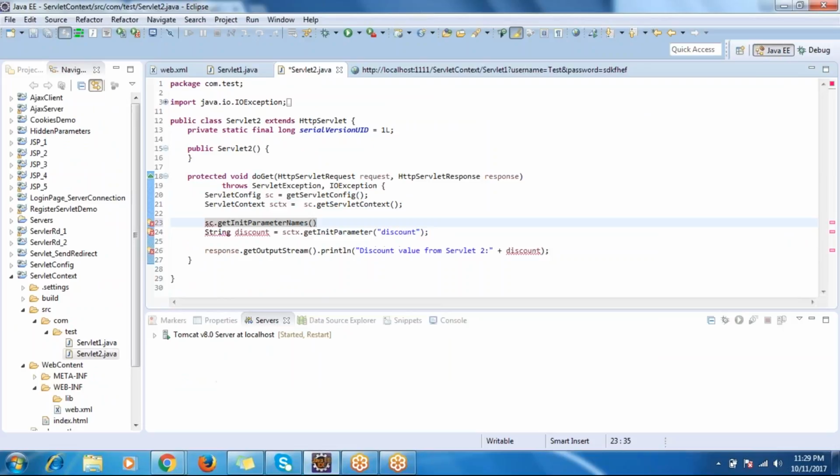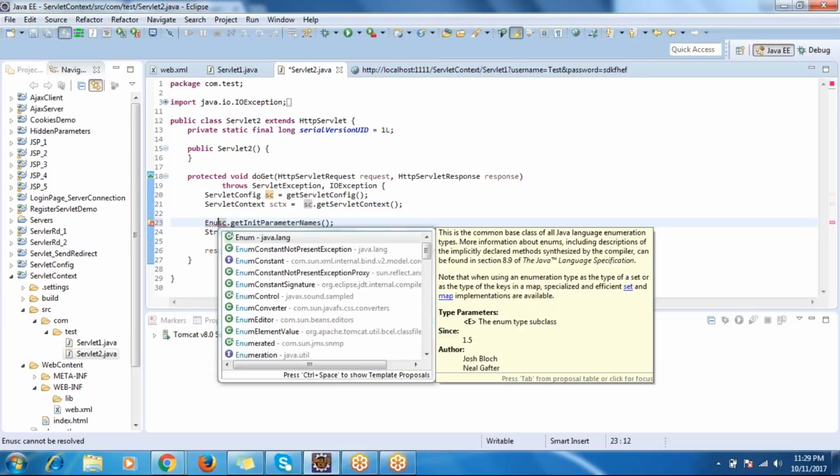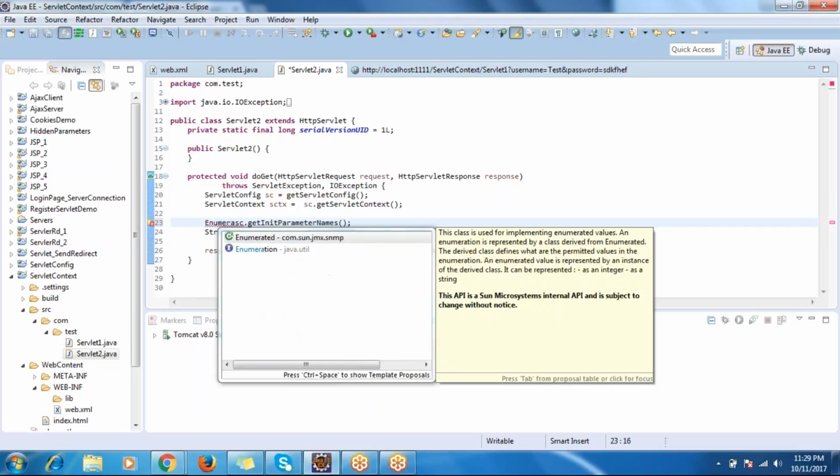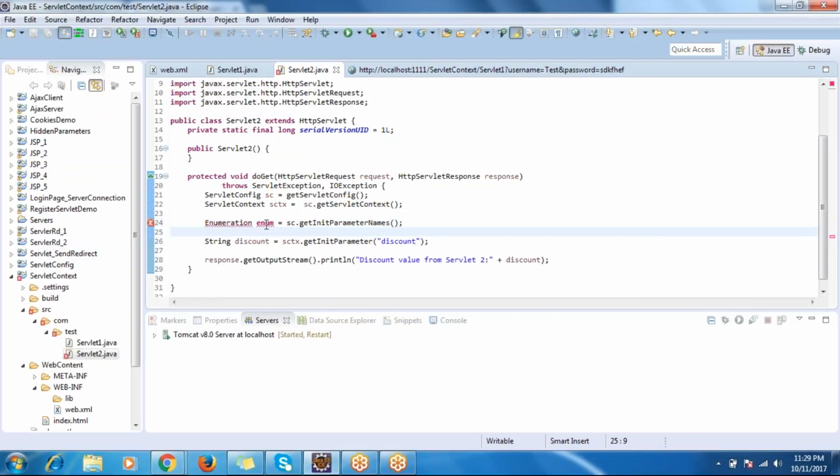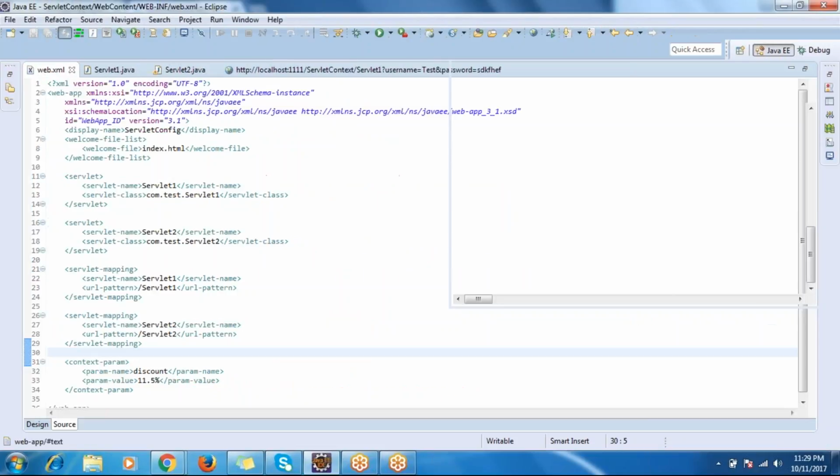Okay, say for instance, if we have more than one init parameter, how do we read it? Are you writing anything? What I'm saying is the second concept, say for instance, if you have